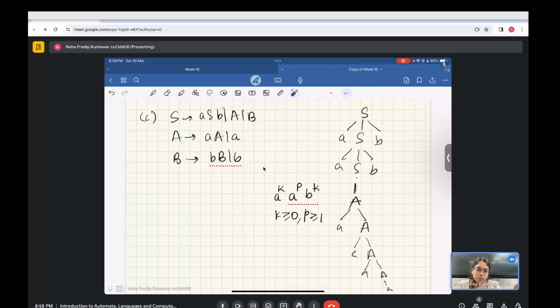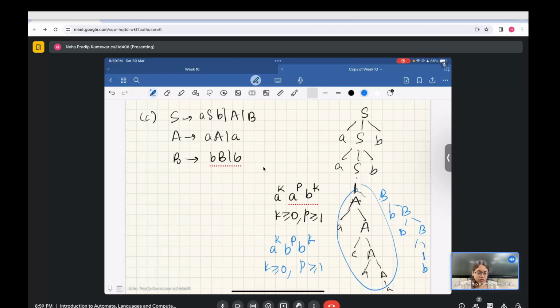If instead of small a it had been epsilon, then you could say that p is greater than or equal to 0. Similarly, if you use the B transition here instead of using A, then you would end up getting strings of the form b to the p, b to the k, where k is greater than or equal to 0. This follows from the same argument, and p is greater than or equal to 1. So just to make sure that we don't confuse the epsilon string with the membership symbol, I'll write epsilon as